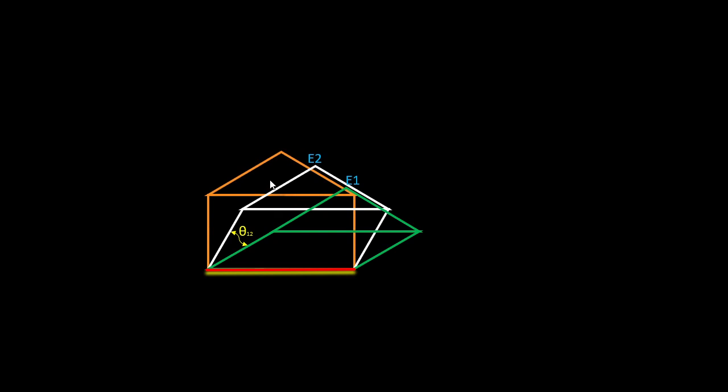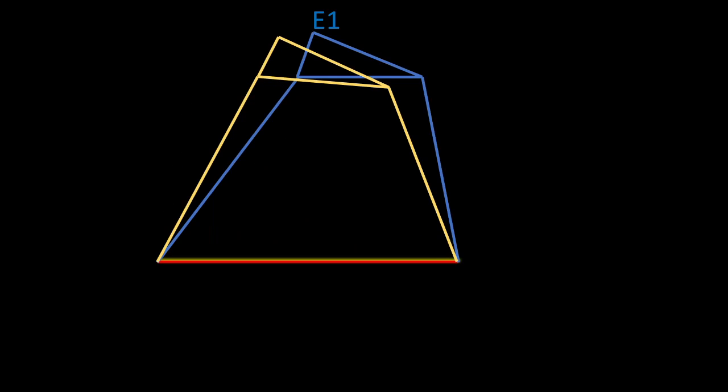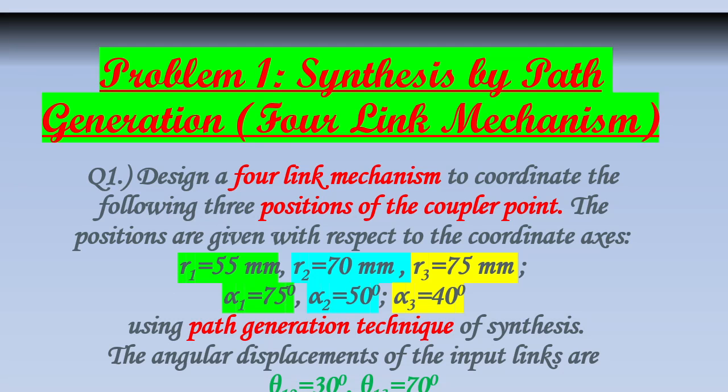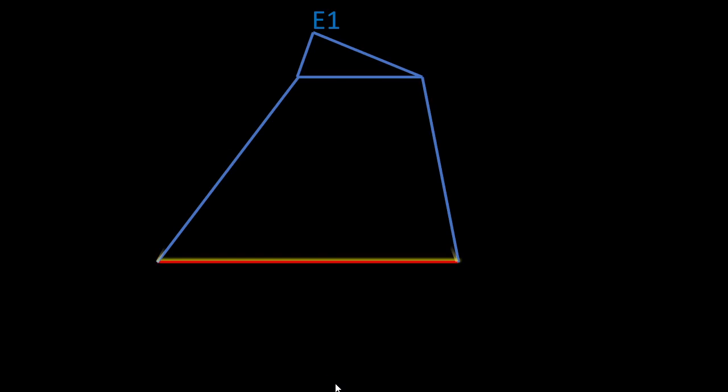Again, if we further rotate, E2 will go to here, E will go to E3, and this angle is called theta 13. That means the angular position of 3 with respect to 1. Okay. Now we have understood the question, what is given and all. We are given R1 alpha 1, R2 alpha 2, R3 alpha 3. From this we will directly get the coordinates of E1, E2, E3. We are given theta 12 and theta 13. Angles are given.